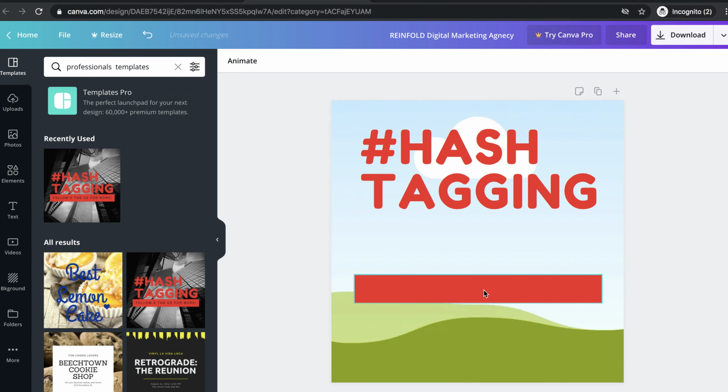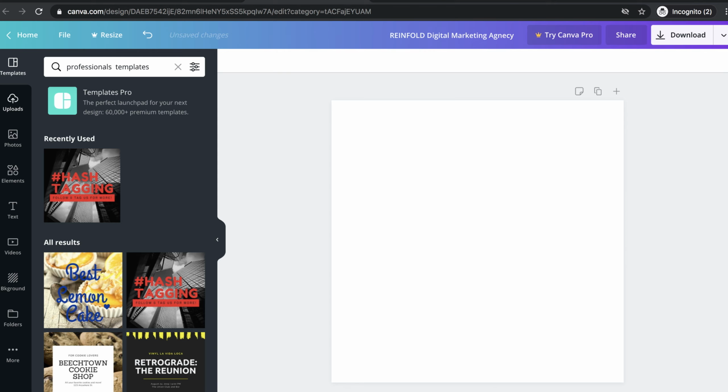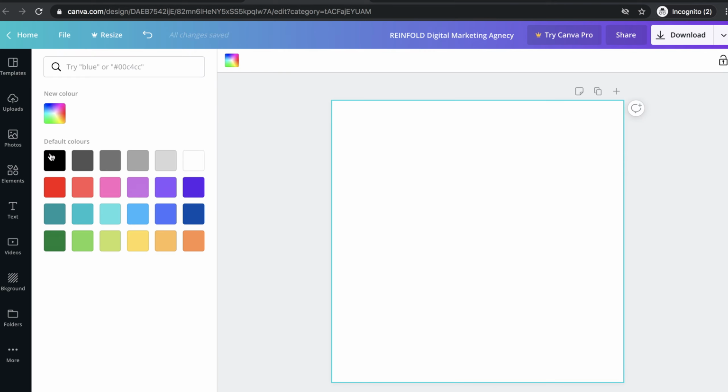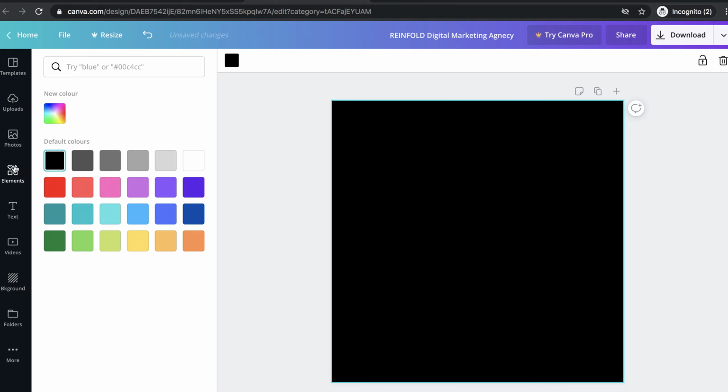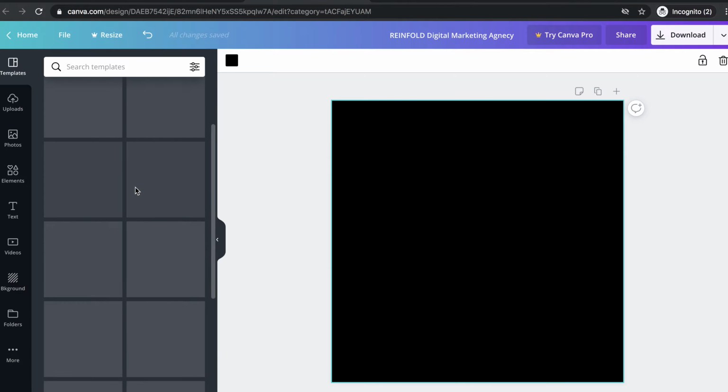Okay, now coming to the main topic, how to create. I'm choosing the background here. I'm going to create the background with a plain background. Otherwise I can choose it from any of the templates which I feel is suitable for my post.